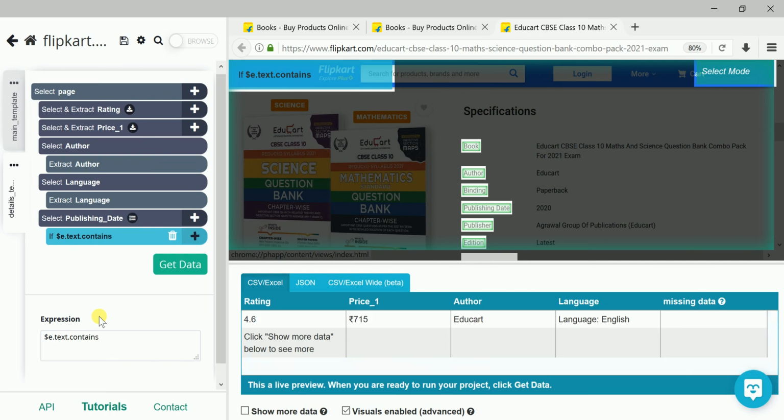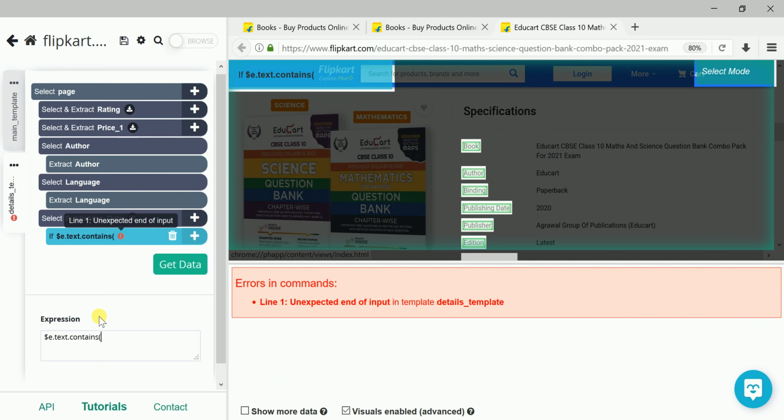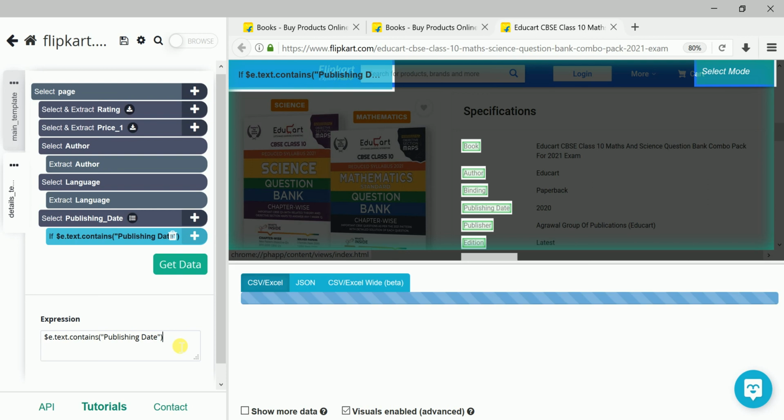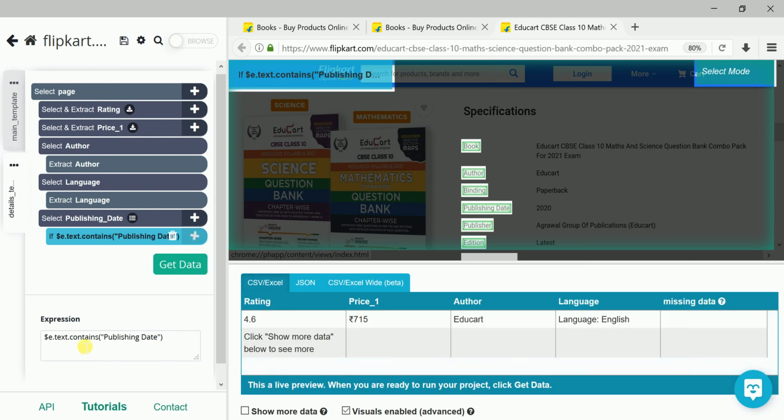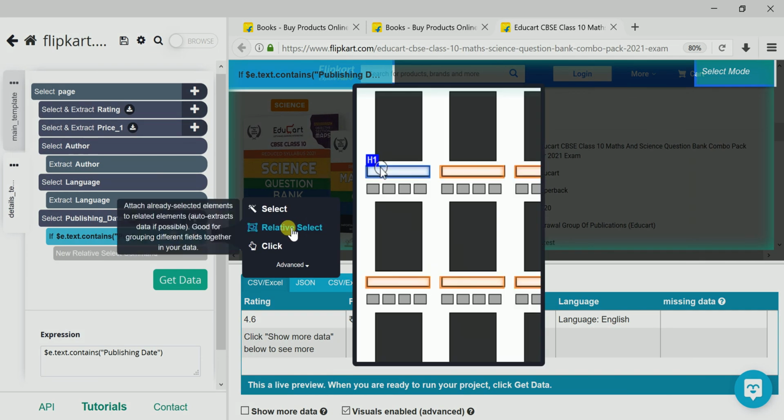Then in brackets we need to write the keyword it contains. This is case sensitive, so however it is written here, similarly in sentence case we need to write it. So P is in capital, Publishing, space, date. This is case sensitive, we need to keep this in mind. Okay, we have written this condition expression. We are done with the condition. Then we need to click here and go for relative select.